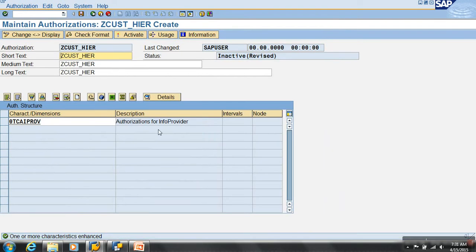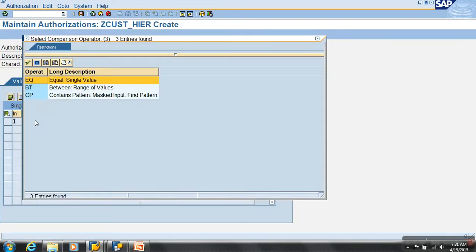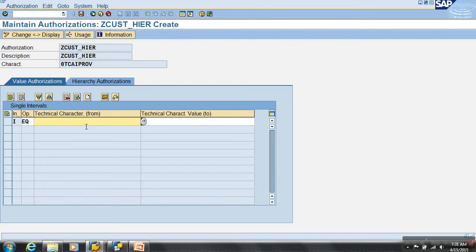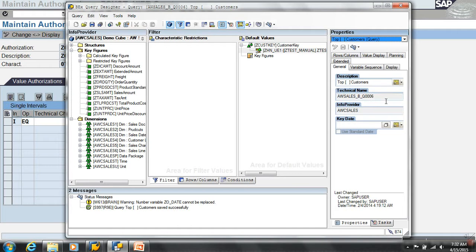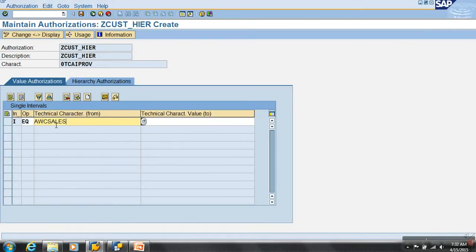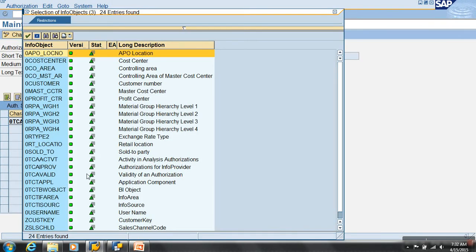First is 0TCAPROVIDER. What is my provider name? The reporting is done on the sales cube. Then 0TCAVALID, validity.